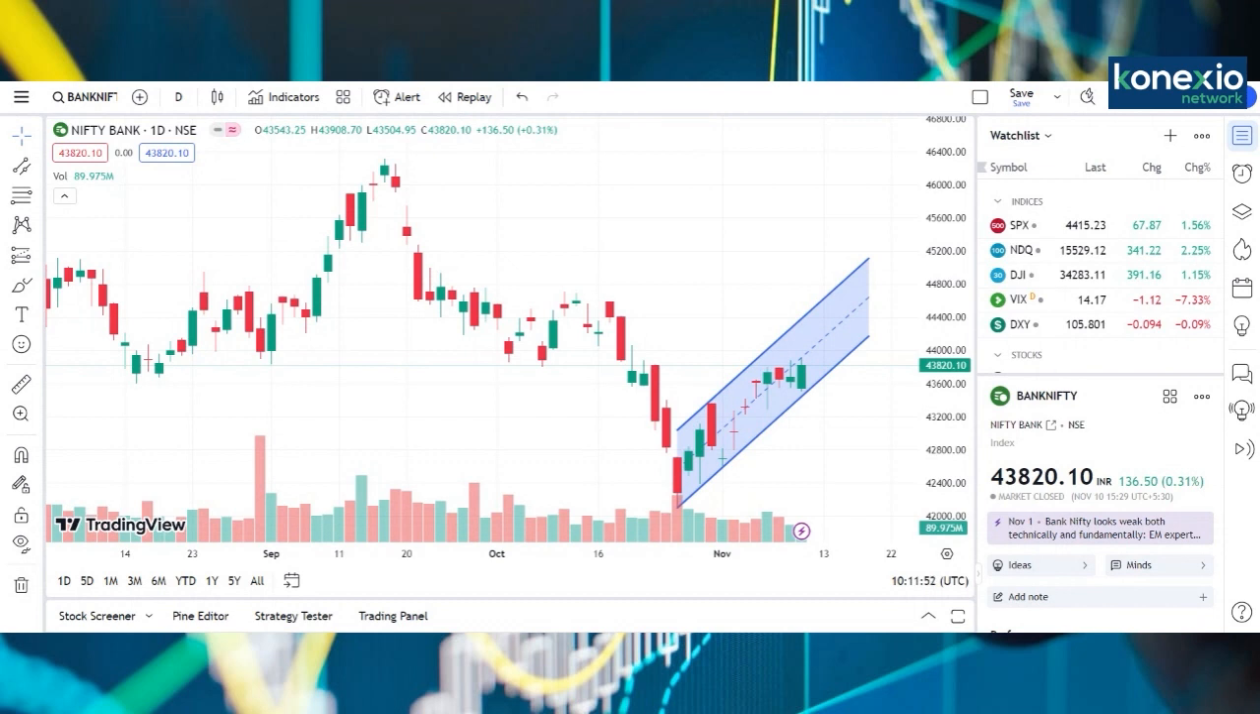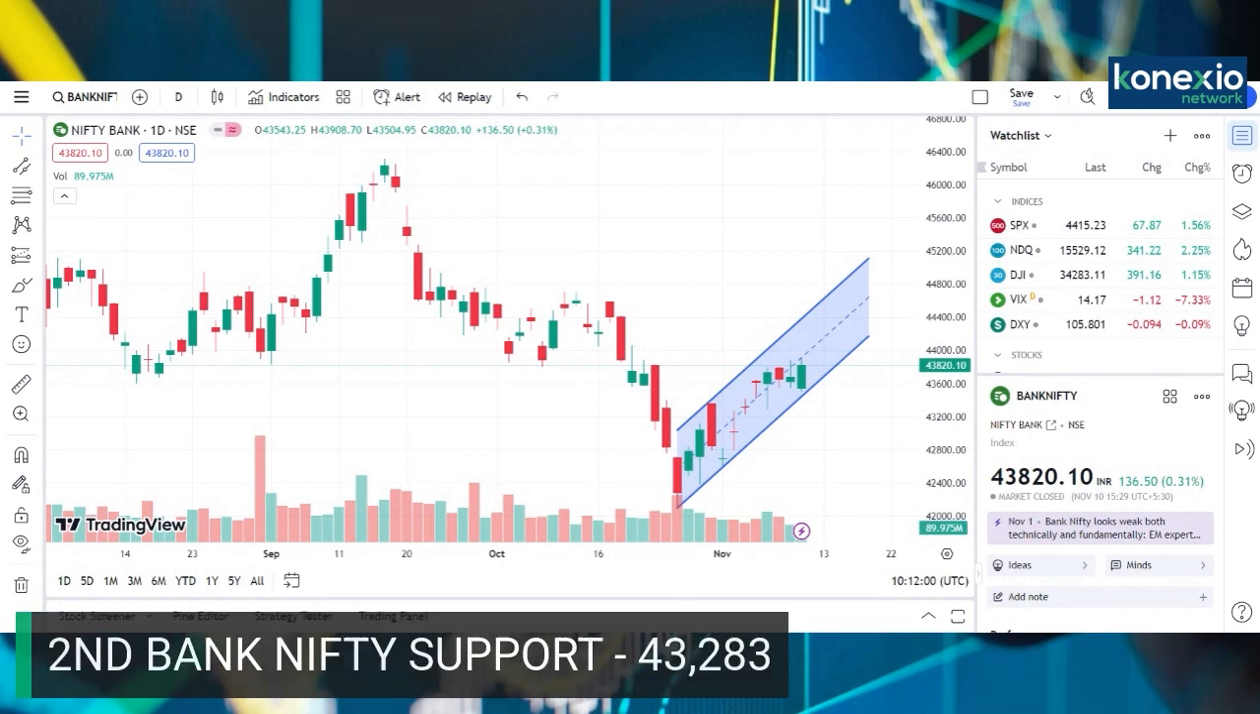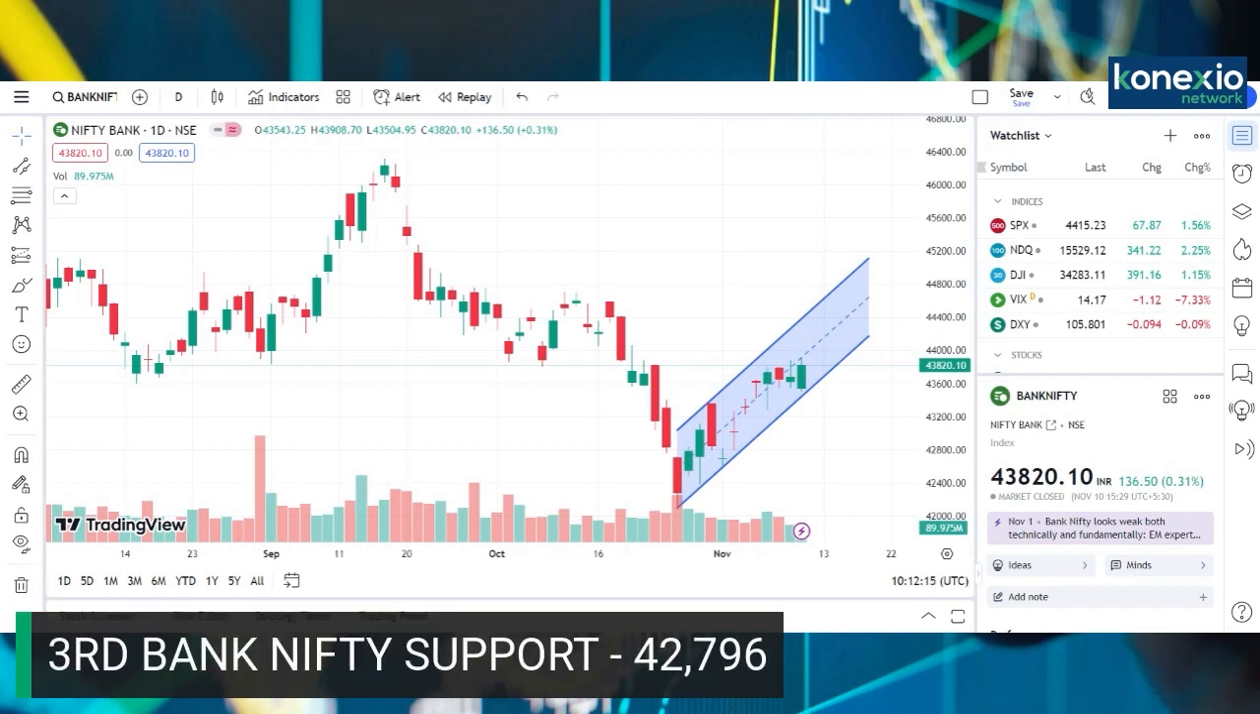So, friends, let us discuss the important supports and resistance levels in Bank Nifty for the next week. The first support in the Bank Nifty is placed at 43,504. Below this support, we might see some sort of weakness. Second support is around 43,283, and third support in the Bank Nifty is around